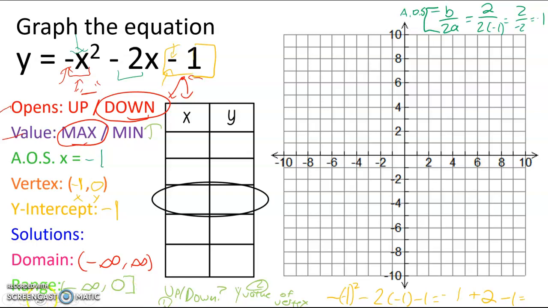All right, I'm going to change. Let's go right here. I'm going to put my vertex in the middle of my table here. And then on my x values, I'm going to go up 1, 0, 1, and then down 1, -2, -3. I already know, and let's actually go ahead and graph some of these. So I go -1, 0, and it says my